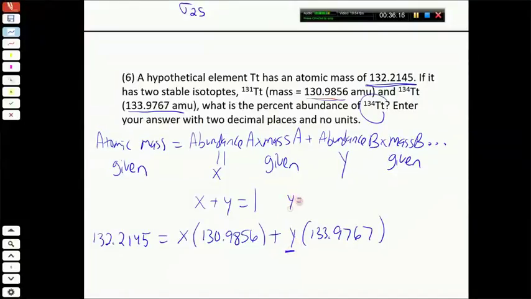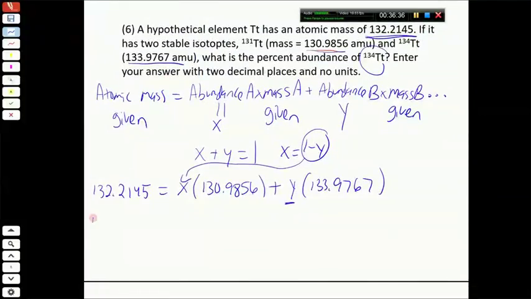So Y is equal to 1 minus X. Actually, no, we want to do it the other way. We want to get rid of X from the equation. So X is equal to 1 minus Y. If you solve for the wrong one, you just have to make sure you keep straight what you're looking at. So we're going to put that back into there. And so we rewrite this equation as